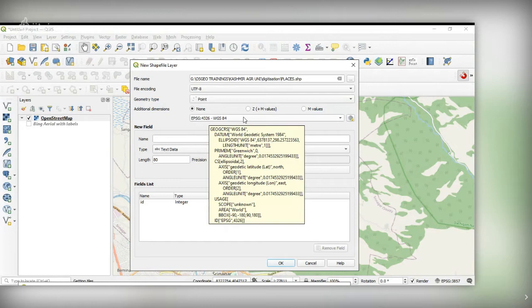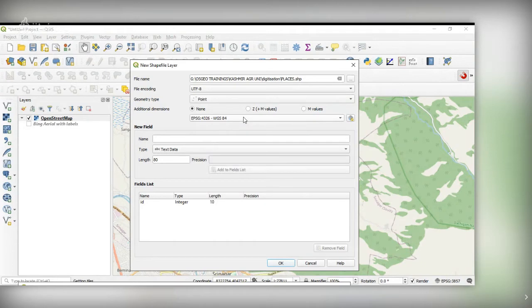If you want meter coordinates, that is a two-dimensional coordinate system, which is done with a process called projections and transformations, that we'll discuss in subsequent trainings. Now EPSG 4326 stands for the Geographic Coordinate System with the datum WGS 84. We'll take this, and now this is a point location layer, places.